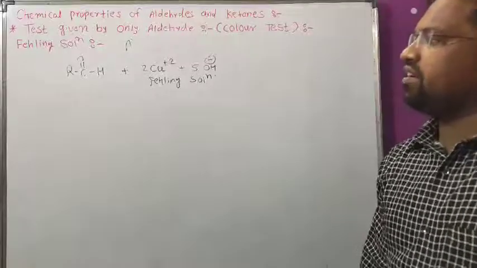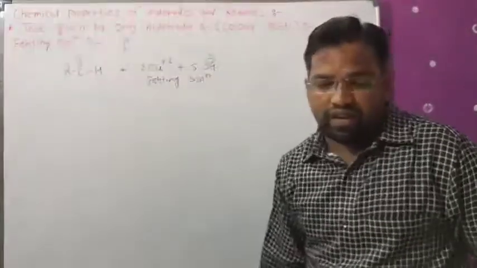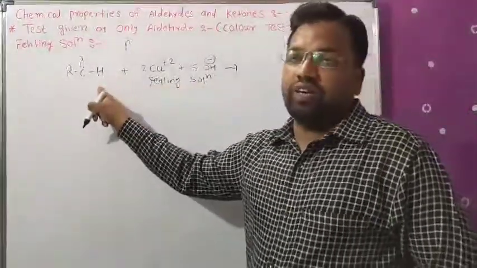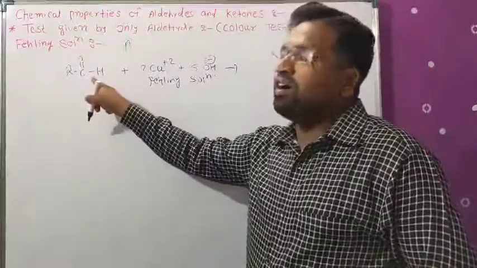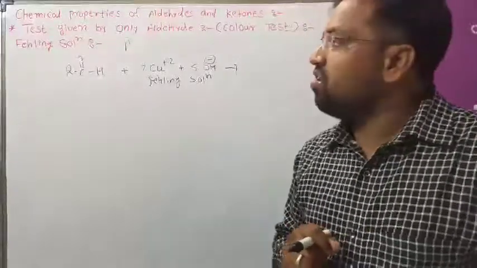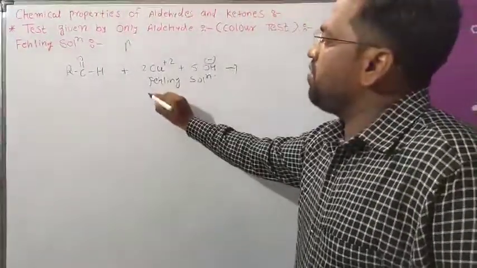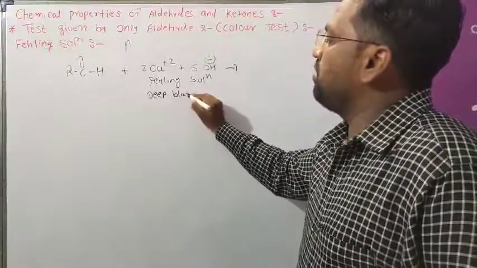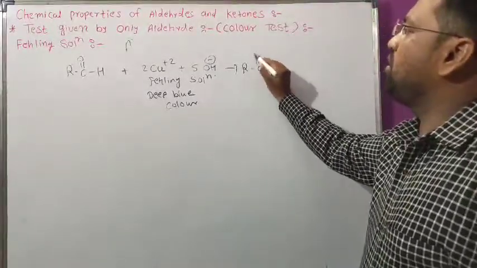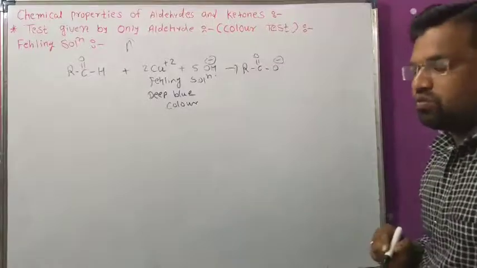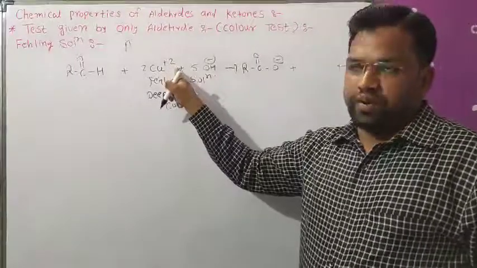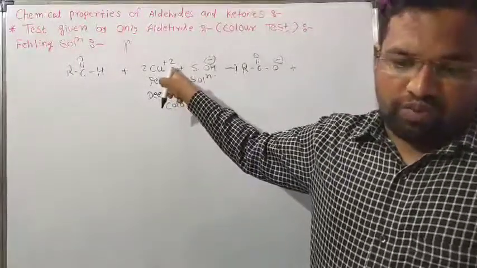Okay, now in this reaction, when aliphatic aldehyde is reacted with Fehling solution, or heated with the Fehling solution, the aldehyde is converted into the carboxylate ion, because here the aldehyde gets oxidized and the copper itself undergoes a reduction reaction. Okay, and here you will get the color test. Now what was the color of Fehling solution here? Deep blue color. Okay, now this aldehyde is converted into the carboxylate ion, and the cupric ion is converted into the cuprous oxide.